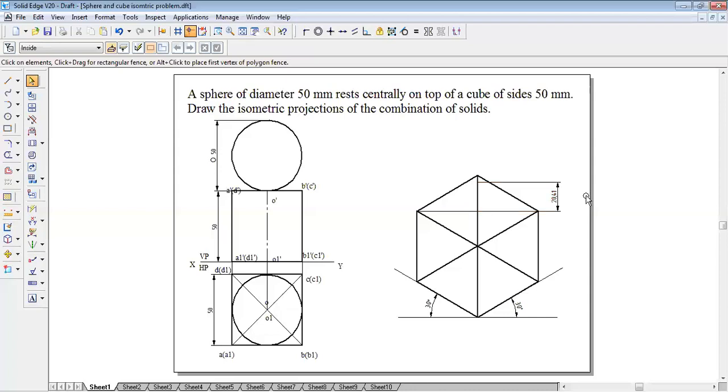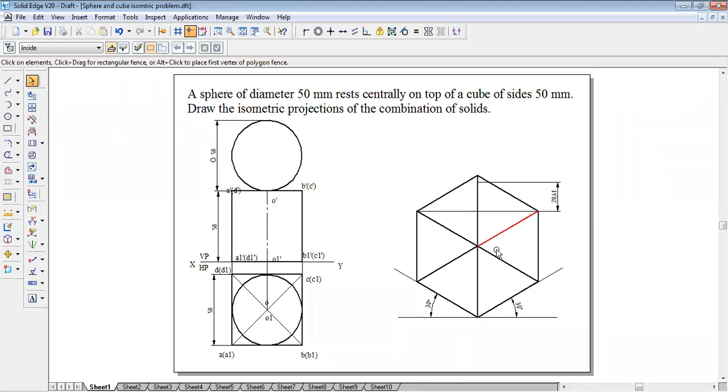Okay. Now what I have to do is, before I draw this sphere, reduce it by the 0.8164 scale. That is, I have to make it an isometric projection. Now what I've drawn is the isometric view.